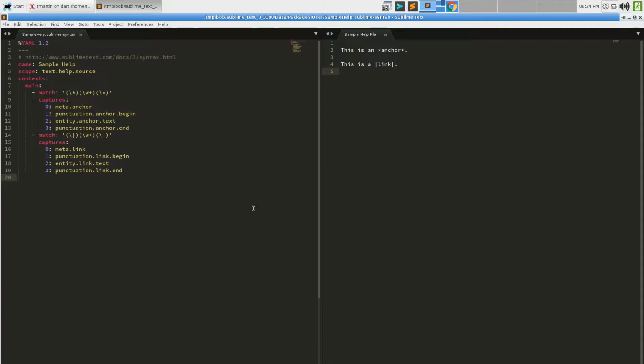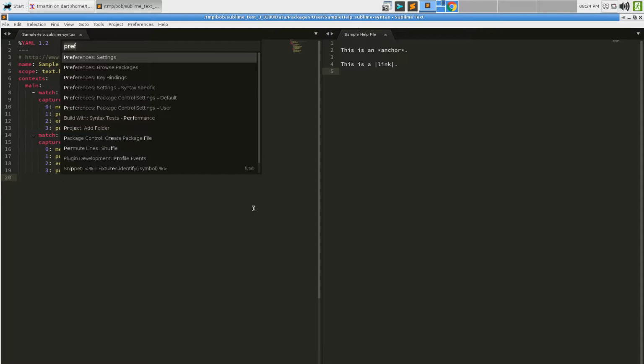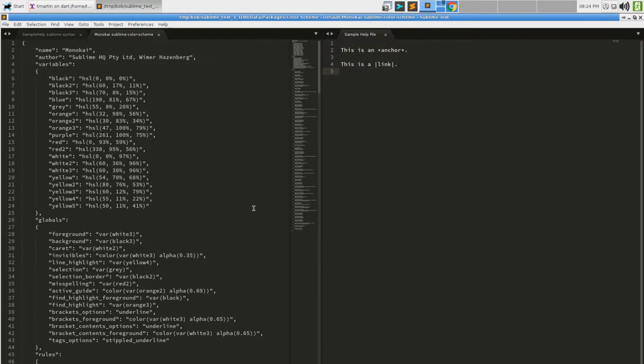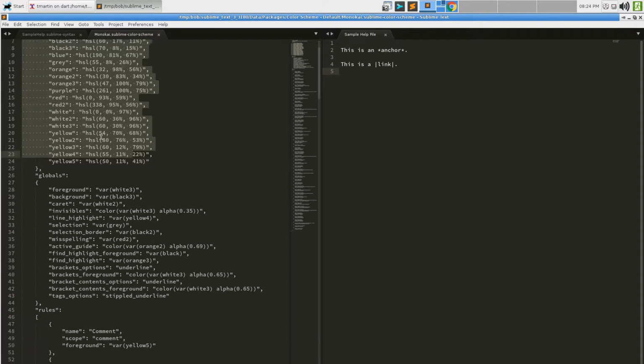Now, if I said view package file Monokai, which is the default color scheme, we can see this is what it looks like. It has a name, an author, some variables, so we can determine colors by name and define them in the hue, saturation, and lightness color scheme.